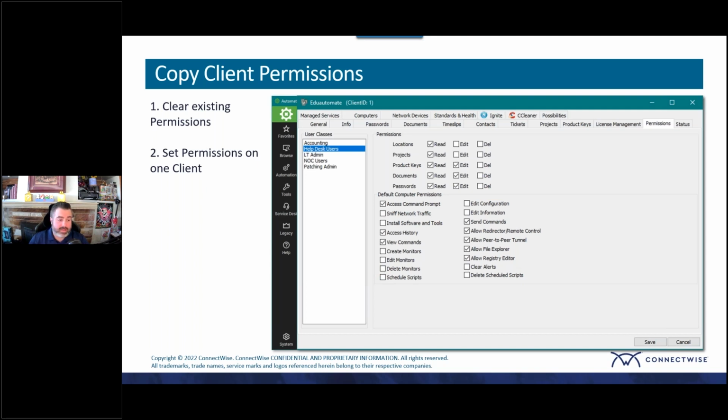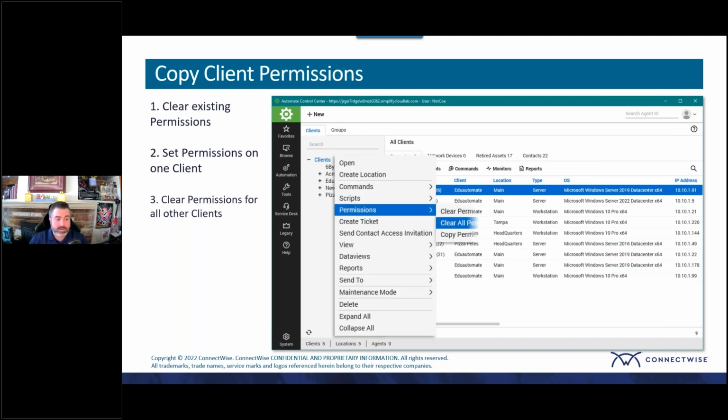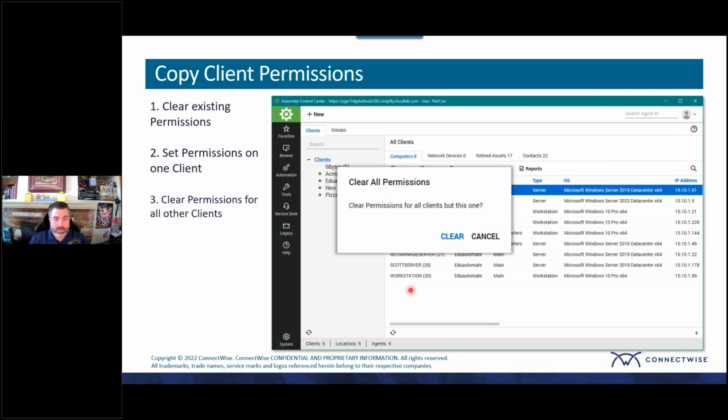So now with that baseline established, I'm going to go back to the control center, and I'm going to clear permissions for all the other clients. I would do this by right-clicking again on the Edgy Automate client, selecting permissions, and going to clear all permissions. Now, when this confirmation comes up, it's actually going to say clear permissions for all clients but this one. So exactly as it says, it will clear everything out and make everybody a blank slate at that point. When I hit clear,